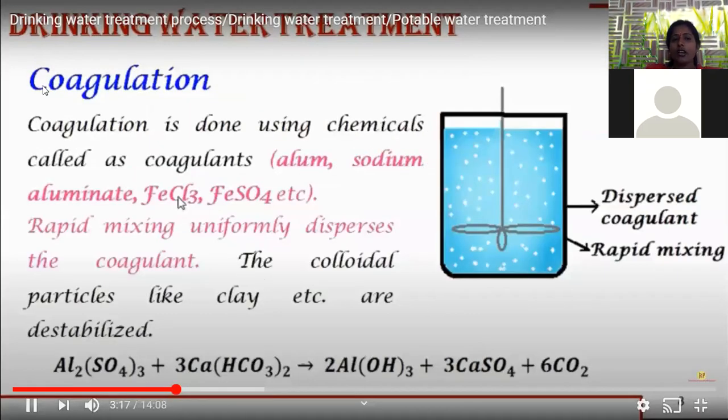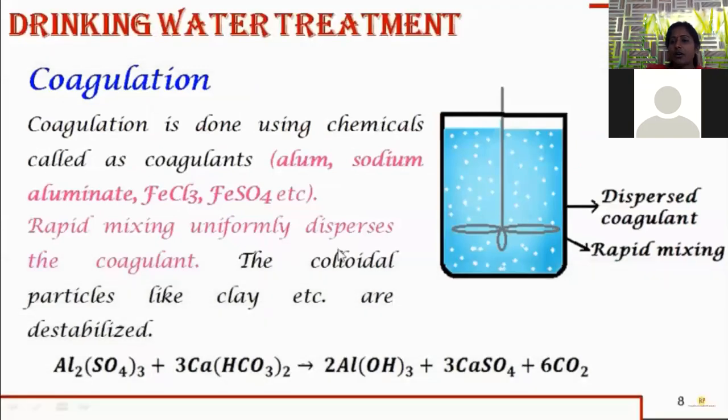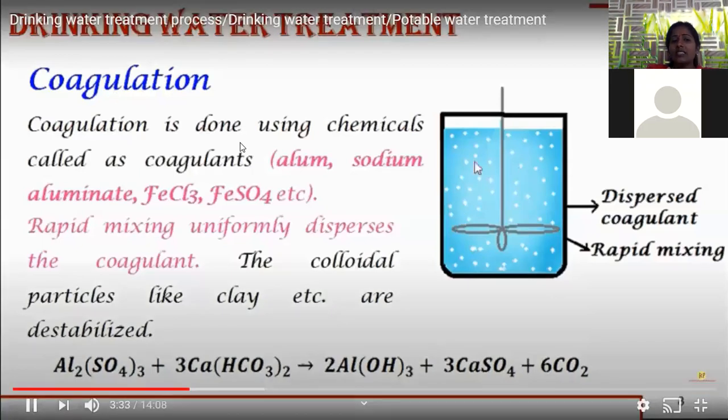Okay. So coagulation and sedimentation are somewhat different. Sedimentation is the natural process. Precipitation of all the impurities present in the water by gravitational force is possible. But in case of coagulation, we are adding some chemicals to the water, and when chemicals are added, what happens? The sedimentation or coagulating process can be enhanced. These are called the coagulating agents. Better examples are alum, sodium aluminate, ferric chloride, ferrous sulfate.